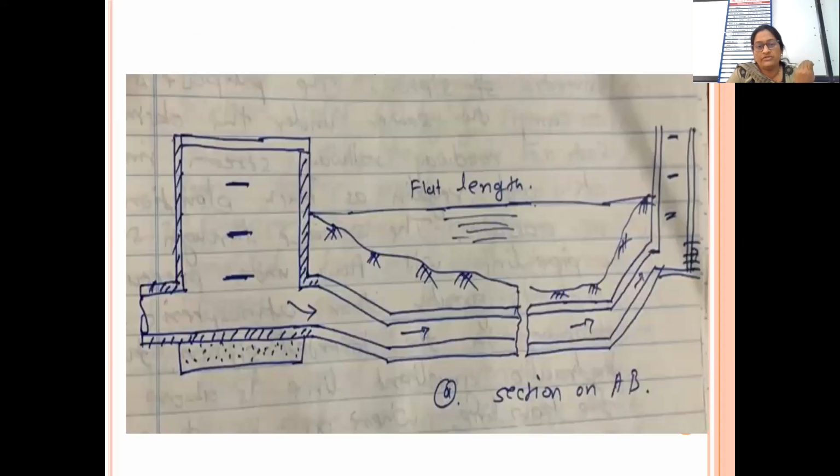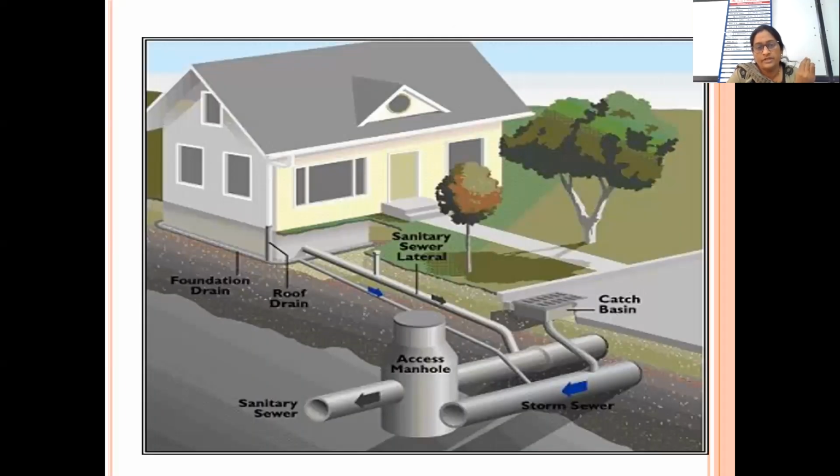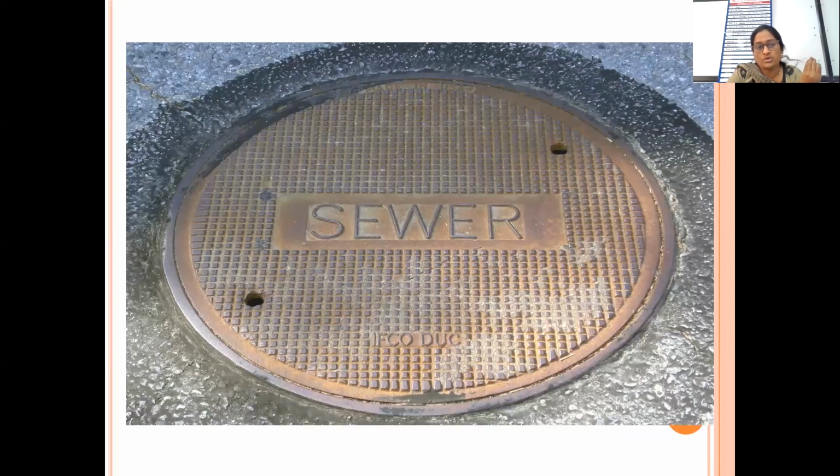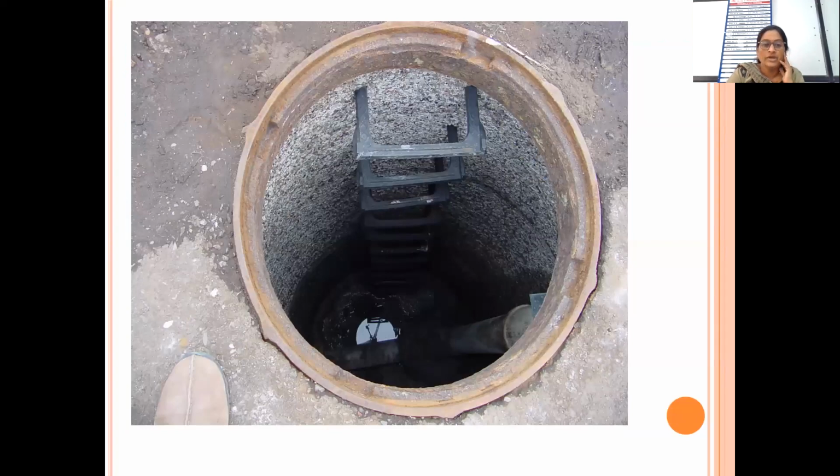So, the inverted siphon we have discussed. The sewerage system that I have shown to you: a manhole from the road top can look like this. You can have a look at this also. So how can a person enter into this? It should not be a staircase the way we provide in a building. That's why we usually call them rungs, not stairs. So it is in a straightforward vertical manner.